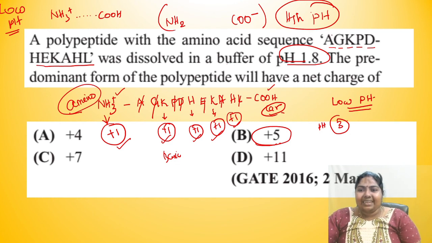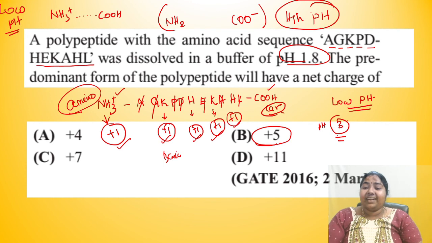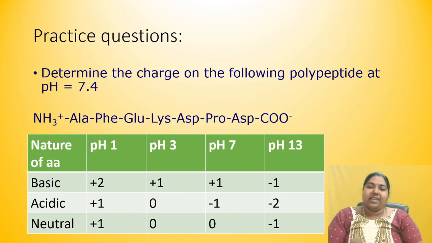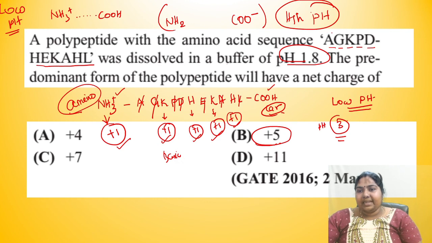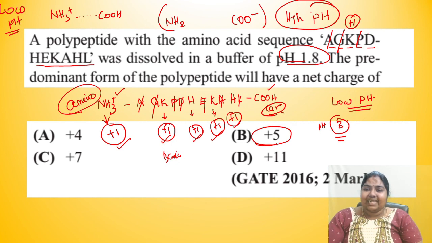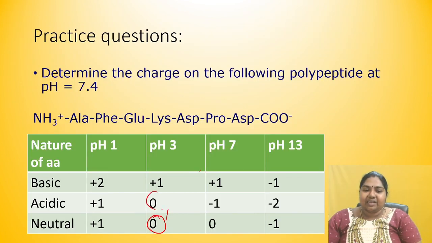Now coming to my peptide sequence. Alanine is not a basic one, it is a neutral one. So neutral amino acids at pH 3 will have a net charge of 0. You can verify in this table: neutral at pH 3 has a net charge of 0. So I didn't calculate it. Next is glycine, 0. But what about K? K is lysine. It is basic, so +1. This I eliminated, no charge. What about acidic? Acidic also doesn't have any charge at pH 3.